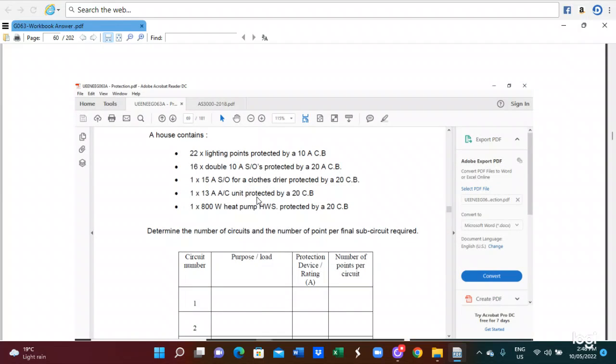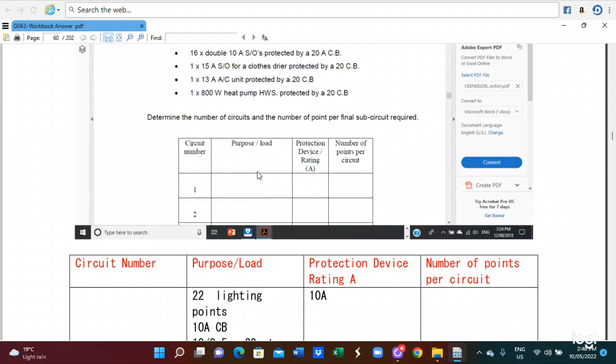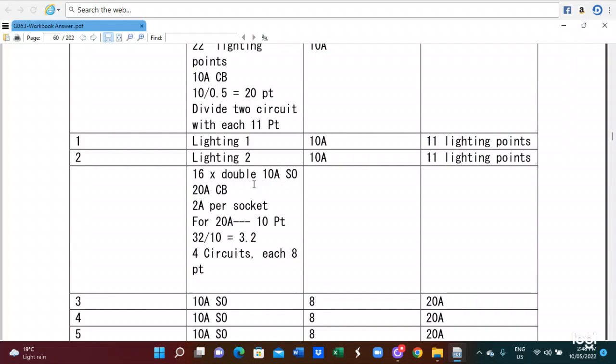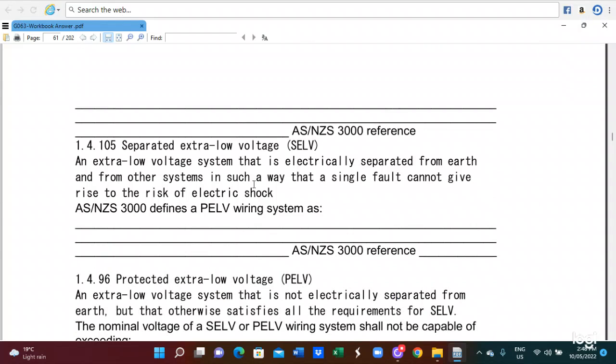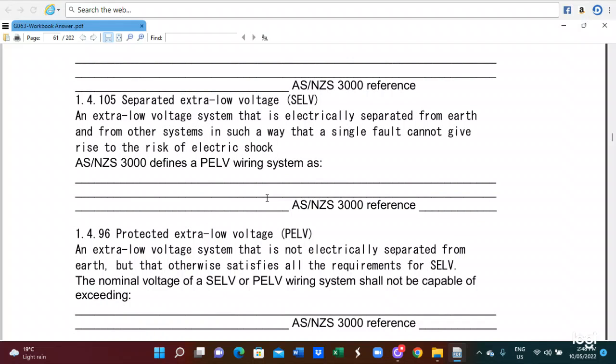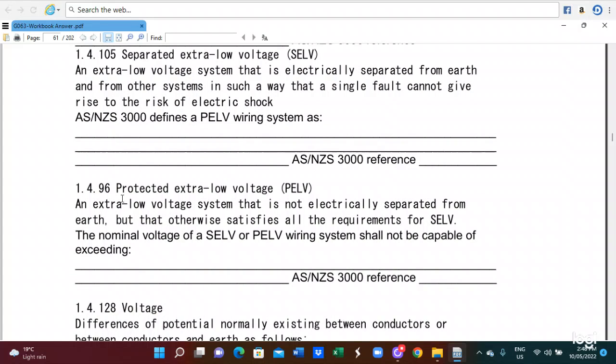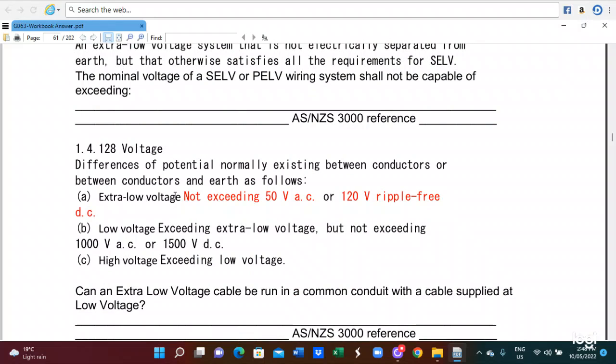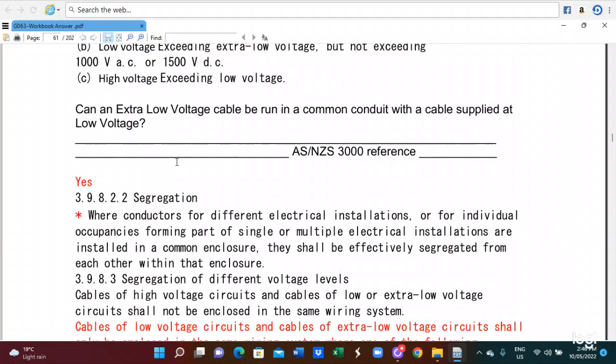So this is the appropriate exercise you have to do. This is the exercise. This is the answer for the exercise. So these are all the clauses: 1.4.105 extra low voltage, you have to read through. Clause 1.4.96 protective extra low voltage. And you have to read clause 1.4.128 the voltage, and also the